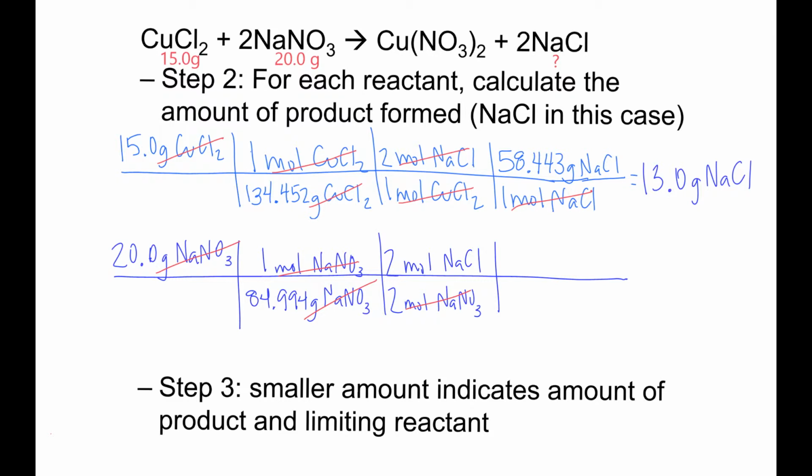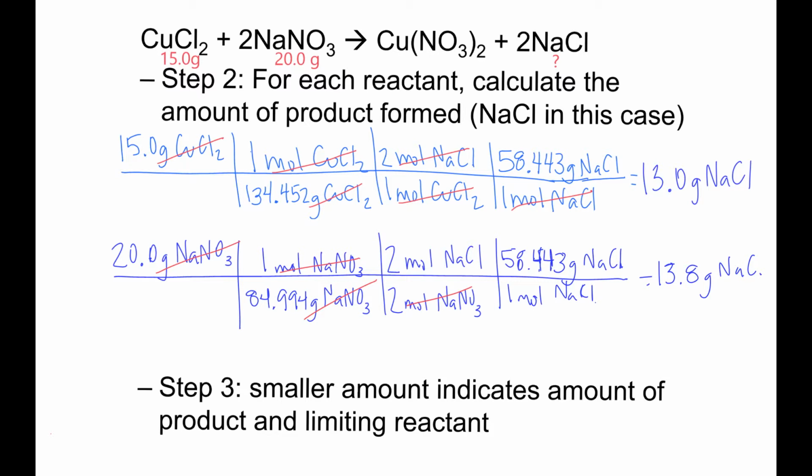My last step is to multiply by the molar mass of sodium chloride. 1 mole of NaCl will go on the bottom, and the mass is 58.443 grams, which is equal to 13.8 grams of NaCl. So this step is to figure out how much product I can form,